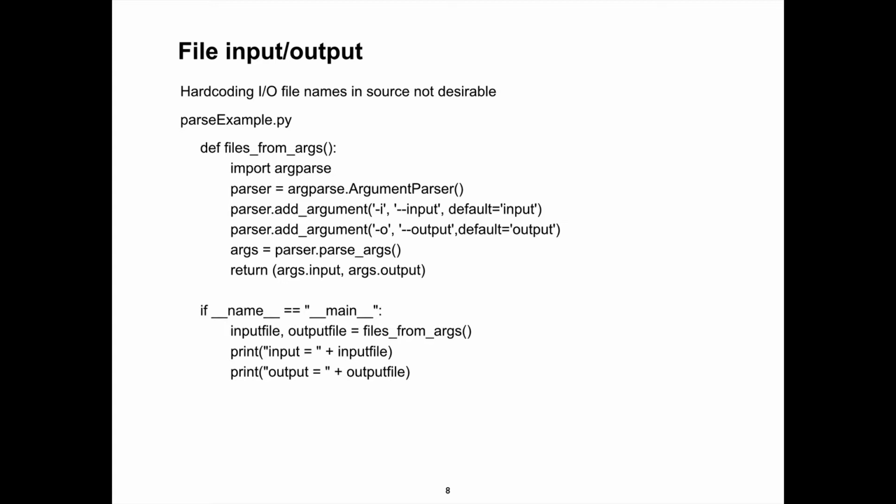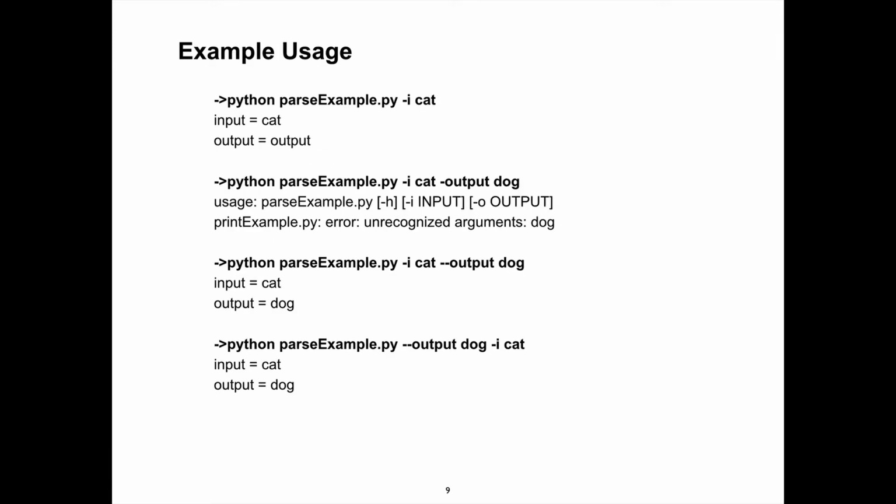Just to make it easy to say, read this file. Of course, if we need 3 or 4 different input files, we're going to modify this. And so the sample program just should print things out. This is sort of basic Python command line argument stuff. And here are sample examples of what happens when you call it different ways.